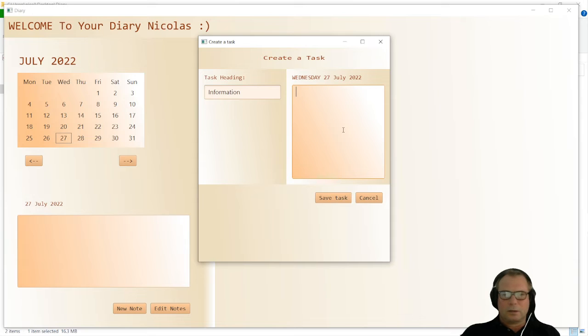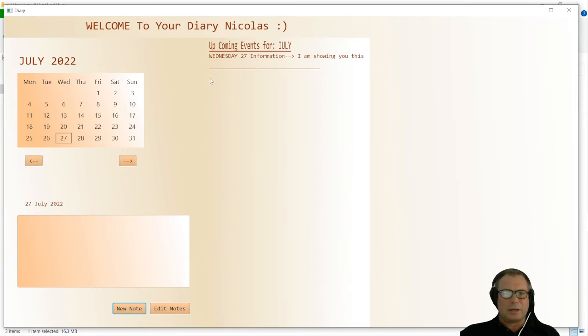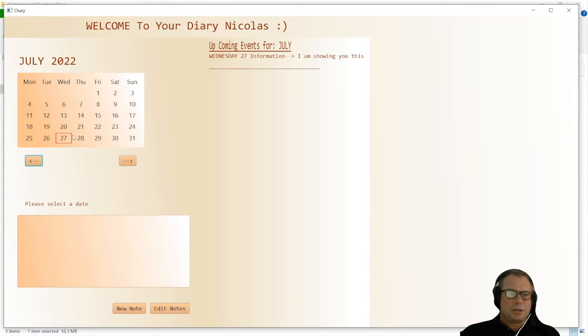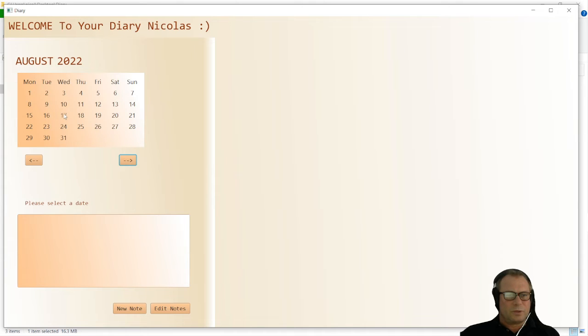So let's just say I am showing you this, and then if we save the task and cancel, you will see that here it says Wednesday 27th information. There we go. And if we click on the next month, of course there is nothing there. And then you can see that the 27th is now red because there is a task that needs to be done. So if we go into this month and select the 17th of August just because we can,